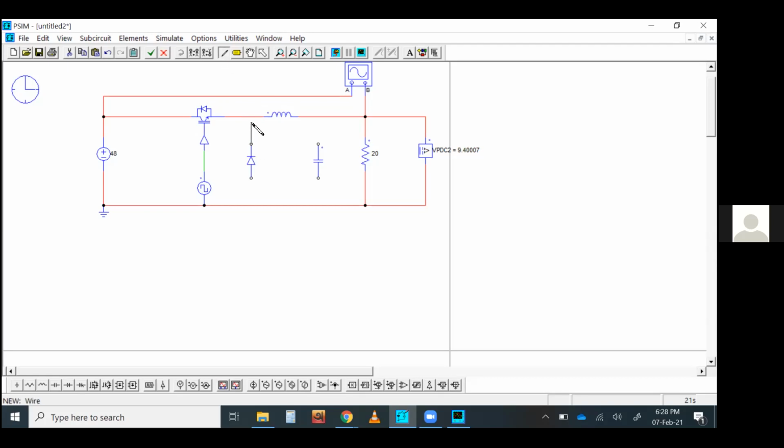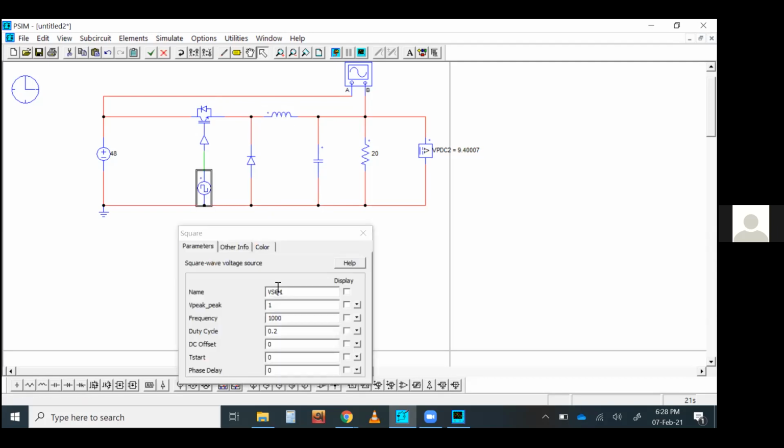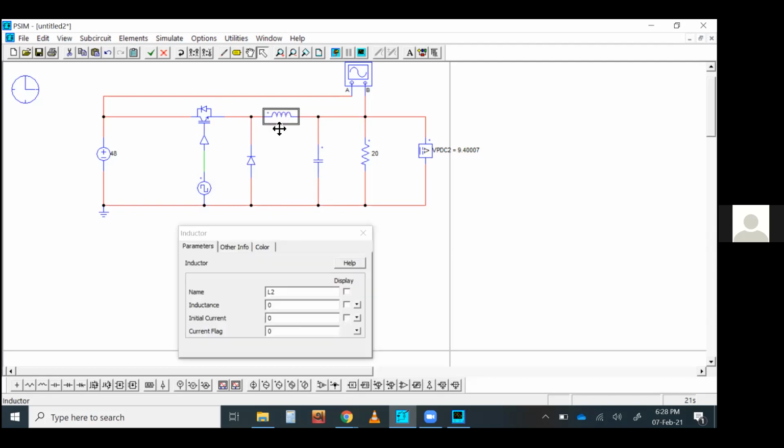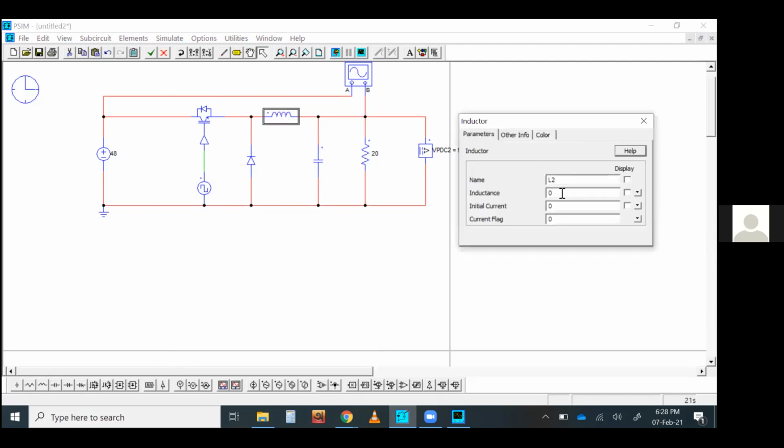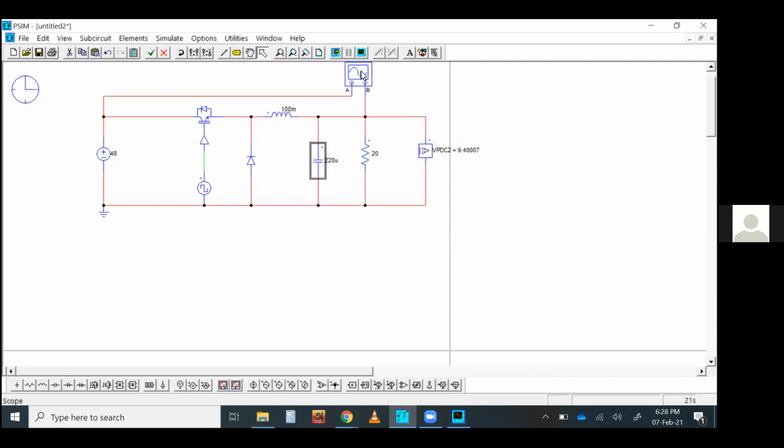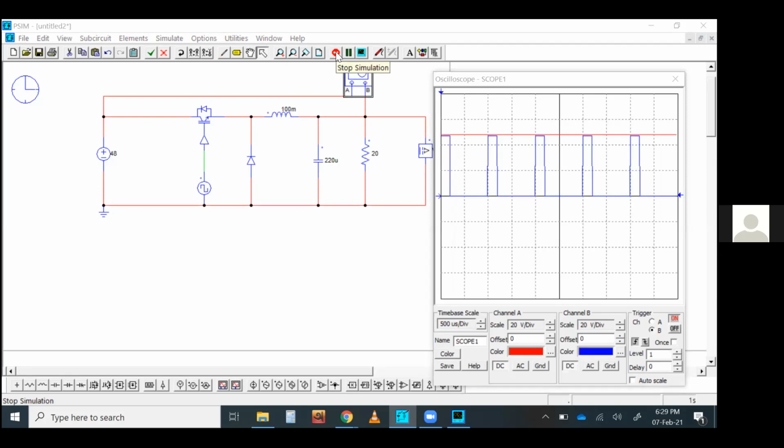Otherwise, it will be discontinuous and it will not be a linear operation in that case. So this is the LC filter of this converter. As you are using a switching signal of 1 kilohertz, accordingly you have to set the parameters for this LC filter. I'm not going into details of the calculation, but I put it 100 millihenry, and the capacitor should be something like 220 microfarad. Let's see how it acts.